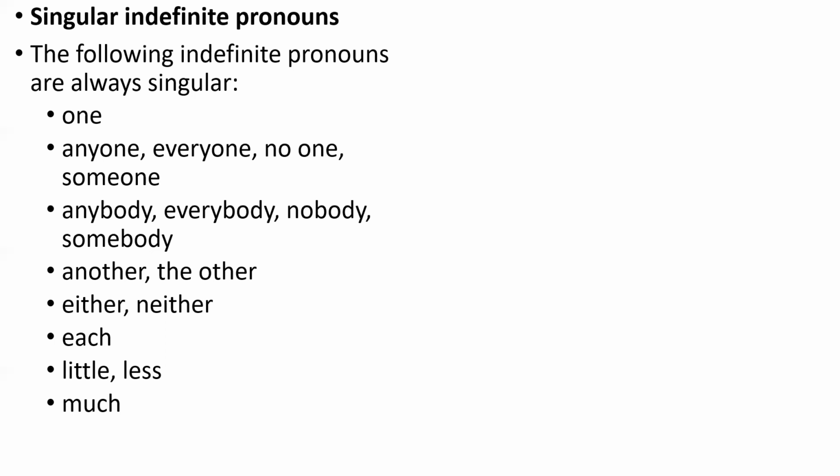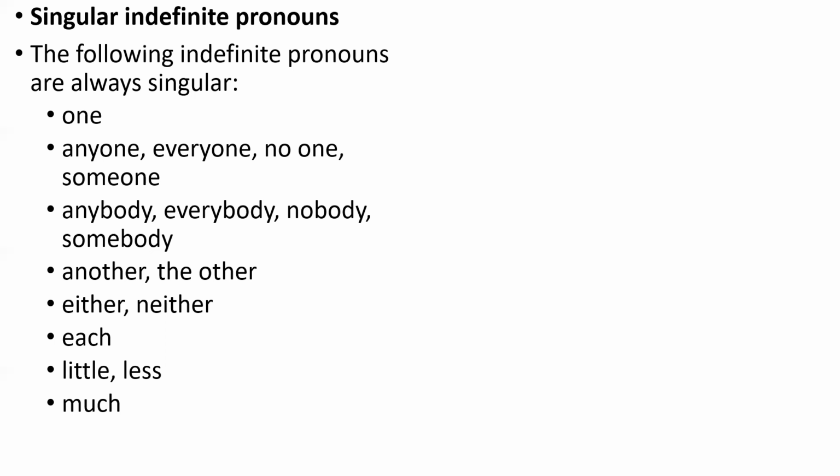So what makes indefinite pronouns tricky is that most of them are always singular, even though it often seems as if they should be plural. Everyone, for example, seems to be talking about a lot of people. So you would expect that to be a plural pronoun, but it's actually grammatically singular. If you look at the end of the indefinite pronoun everyone, we're basically saying each person. So that's why we would say everyone is happy as opposed to everyone are happy.